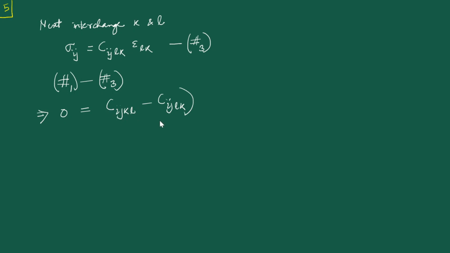Sorry, I should not be writing like this right away. I'll make this correction. So this is epsilon Kl minus Cij Lk epsilon Lk. But we know that epsilon Kl is equal to epsilon Lk, from the symmetricity of the strain tensor. So what we'll have is